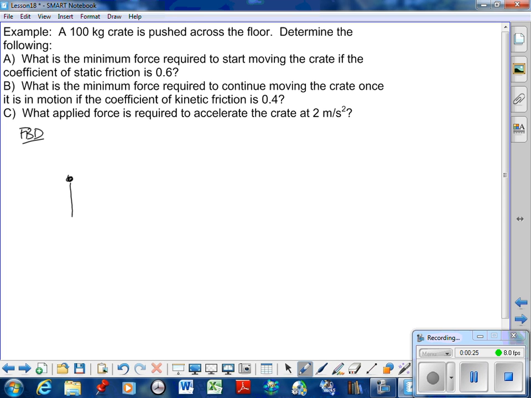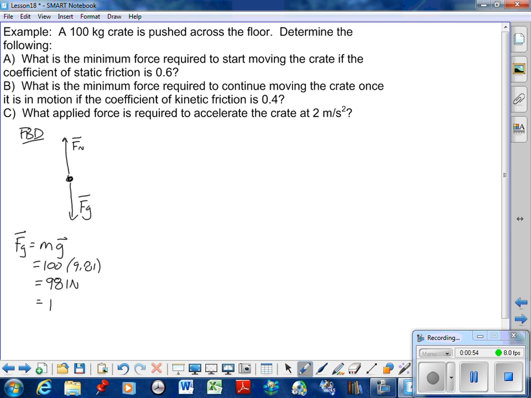100 kilogram crate, so that would be force due to gravity. Fg would equal mass times gravity, 100 times 9.81, and we get 981 newtons. So that's our force due to gravity. Now, it doesn't indicate that we're pulling or pushing at any angle other than horizontal. So that would mean my normal force is going to be equal to my gravitational force. So to answer part A then,